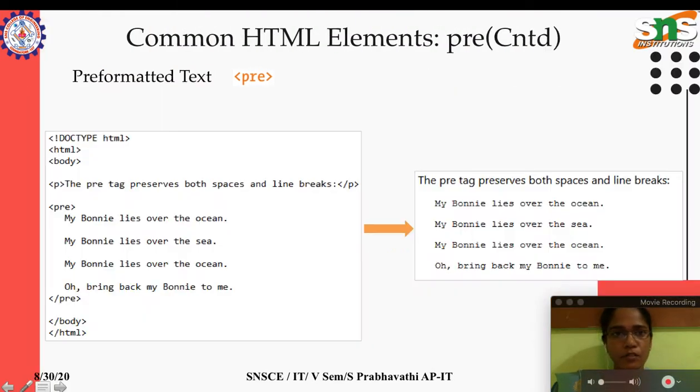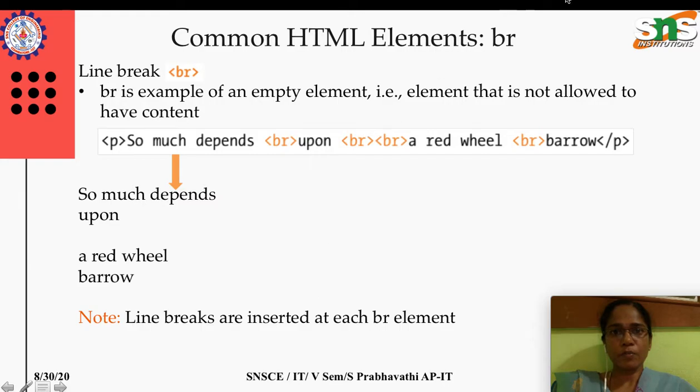And moving back to our next, I have given another example for pre-formatted, you can have a glance at this. And moving on to break, BR, it is an empty element. Here it is said that BR is an empty element. Empty element means an element that doesn't have a close tag. So there is only one open tag called BR, that's it. It's optional to include the close tag also. Generally BR is an empty element, which means it doesn't have a close tag.